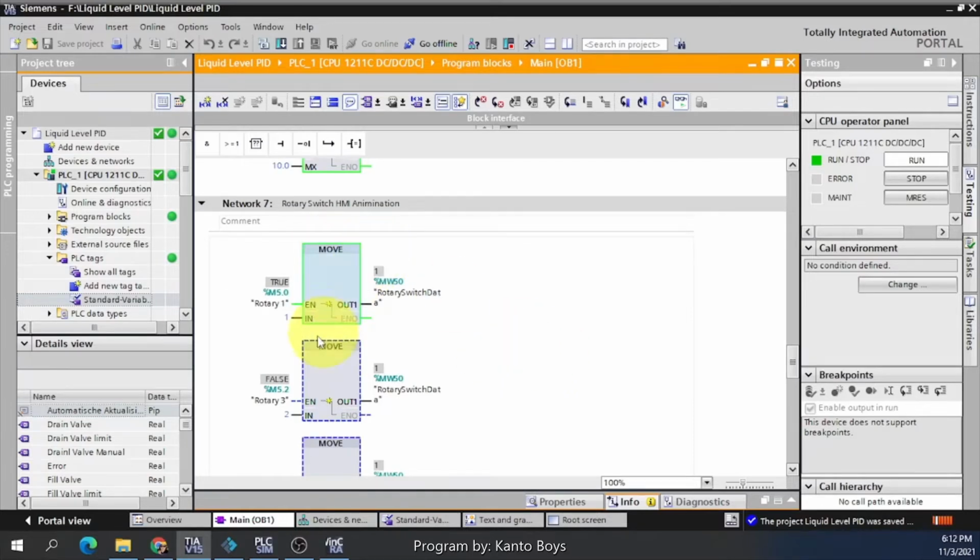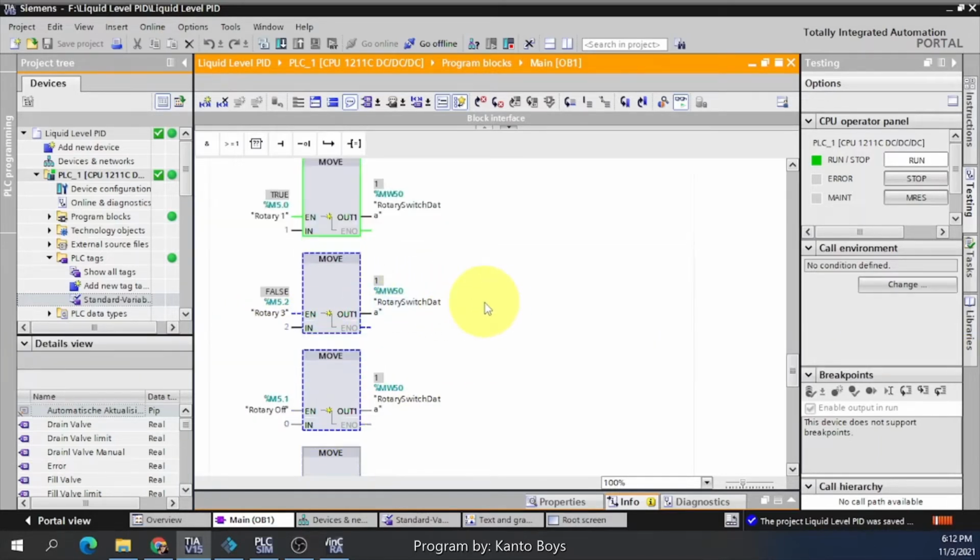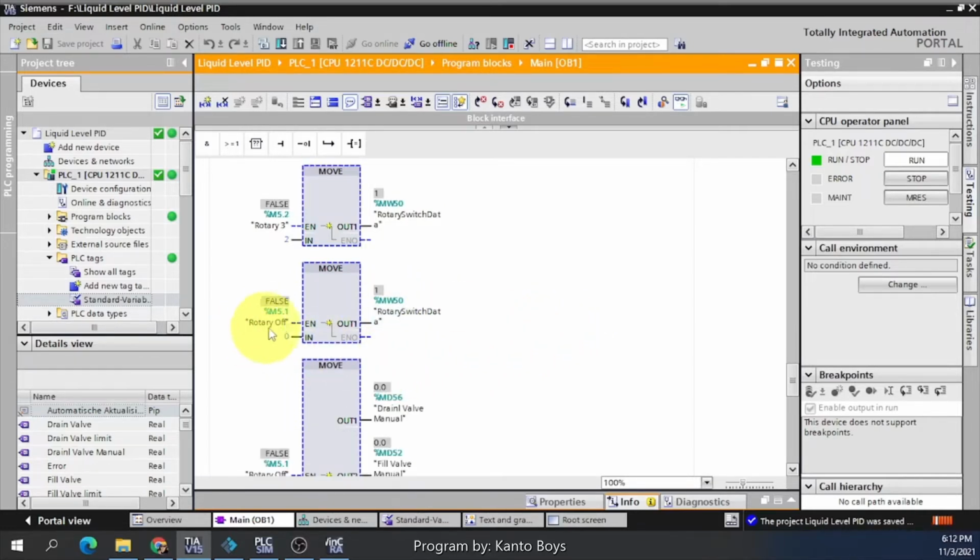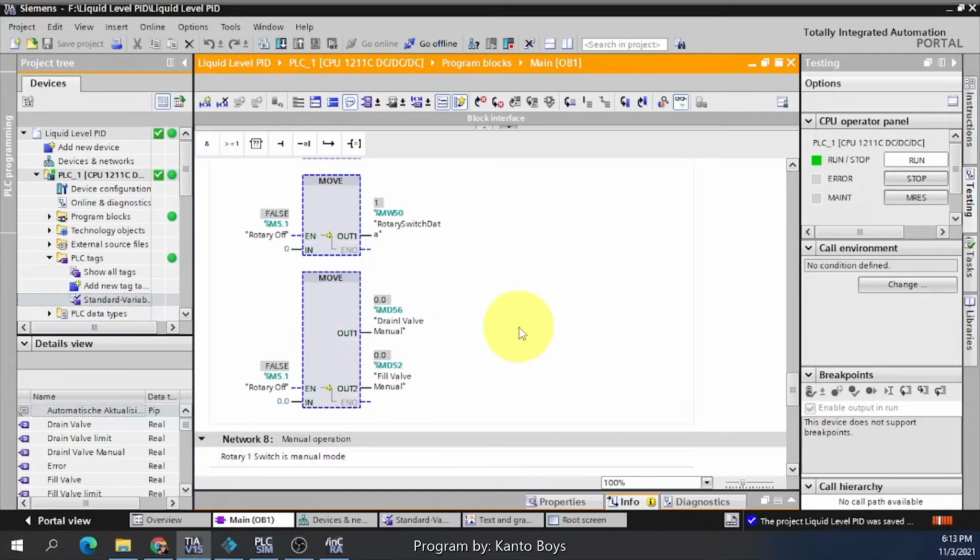So rotary switch HMI animation. I put here that if rotary 1 is true, then 1 should be moved to the rotary switch data. If rotary 3 is true, then 2 will be moved to the rotary switch data. And if rotary off is true, then 0 will be moved to the rotary data.